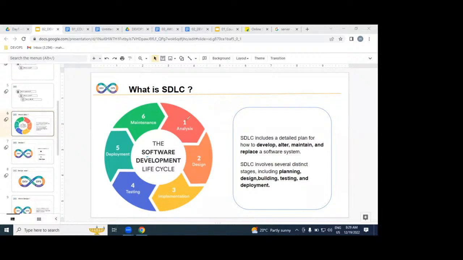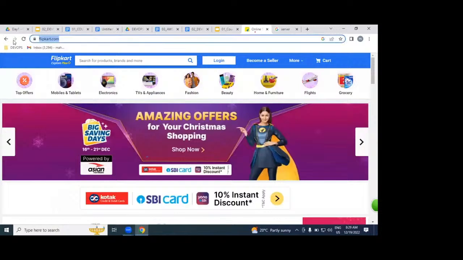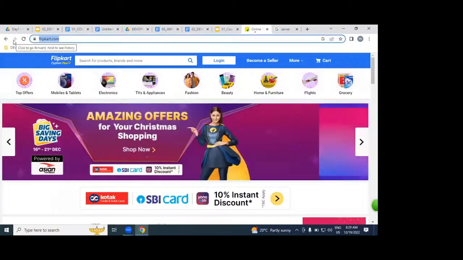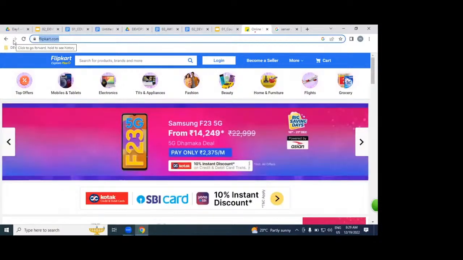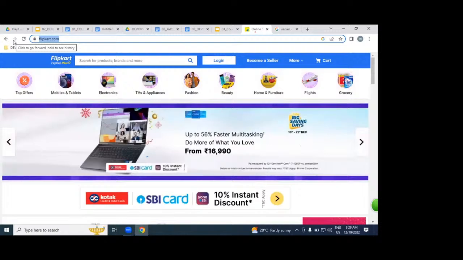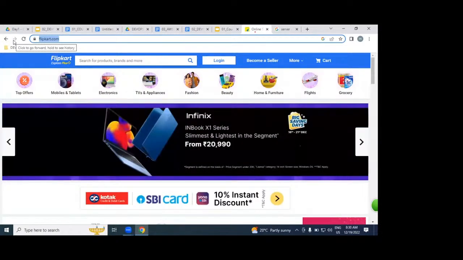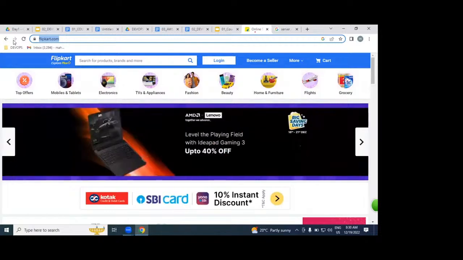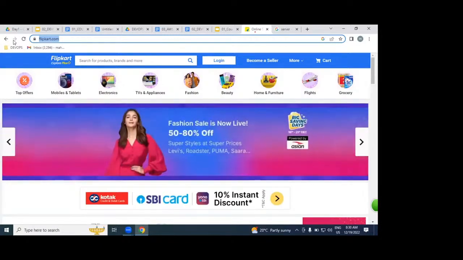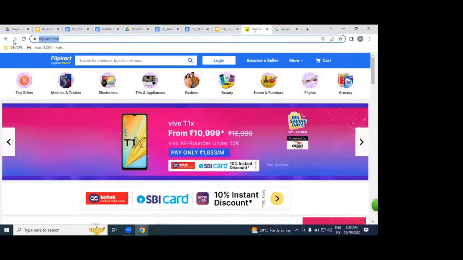For example, I want to build a Flipkart kind of application. Can I build this overnight, within a day? Please tell me. No, we can't. I'm going to ask you one more question. Can you build an apartment overnight, within a day?